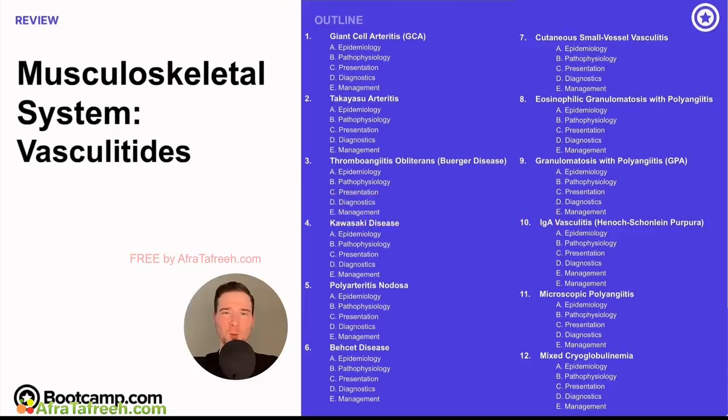So in this next chapter, we're going to talk about vasculitides, and this is going to be a jam-packed chapter with all kinds of conditions, vasculitis conditions. Vasculitis meaning inflammation of the blood vessels that can present in patients. There are going to be a lot of key differentiating features between these pathologies, but they can all show up